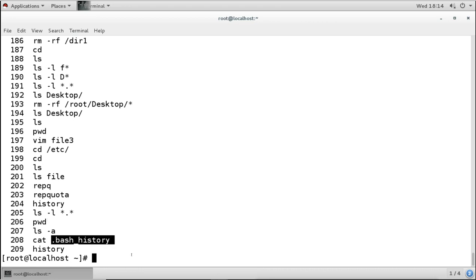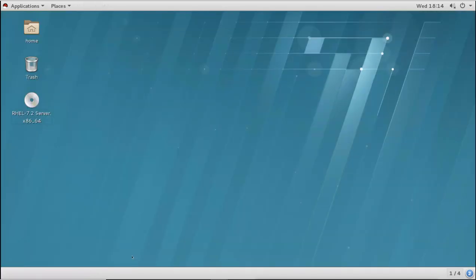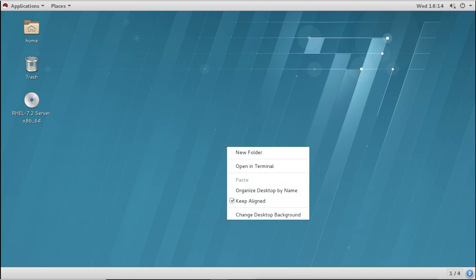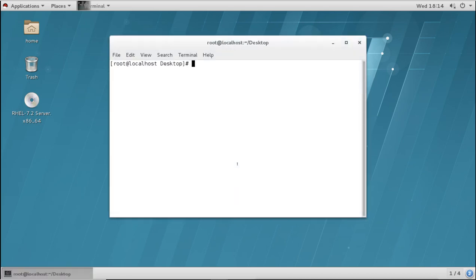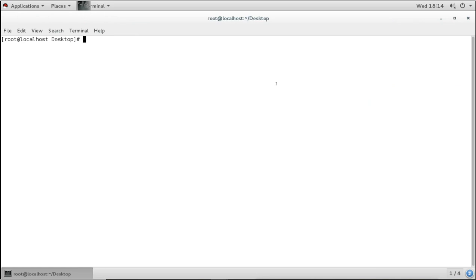Let's see. I will exit now. Normally when we exit from this sudo terminal, that means we are logging out. Now when we have logged out, the latest history is saved. Now when I open the terminal, remember, when you open the terminal or log on again, you will get that history back. When you press the up arrow key, you can see all the history.